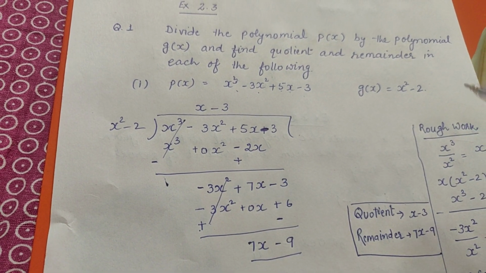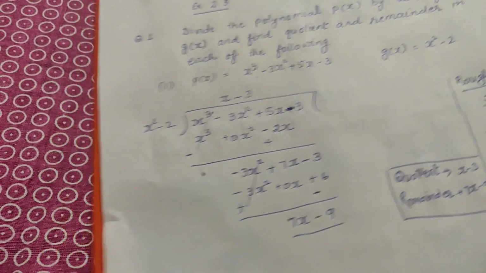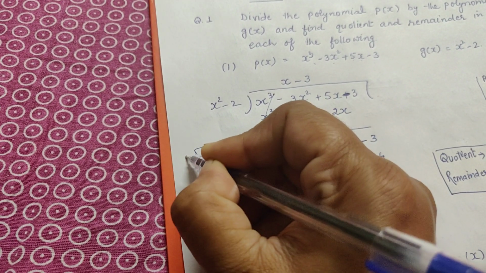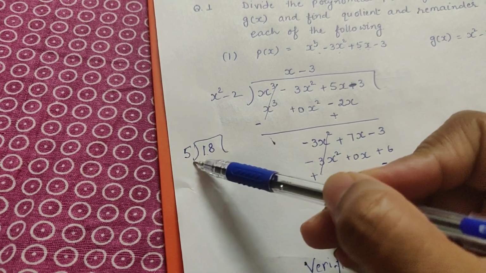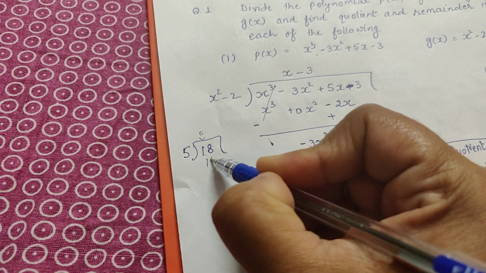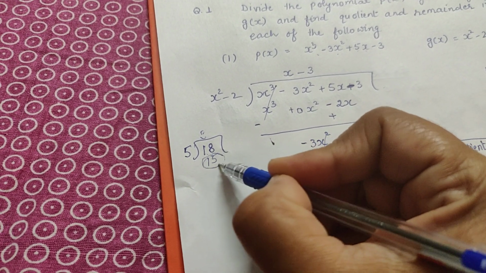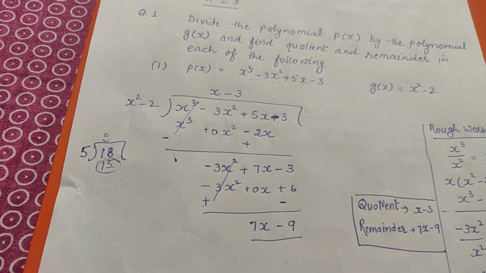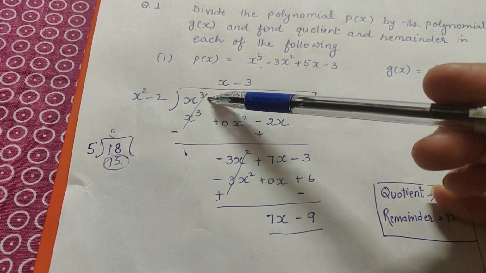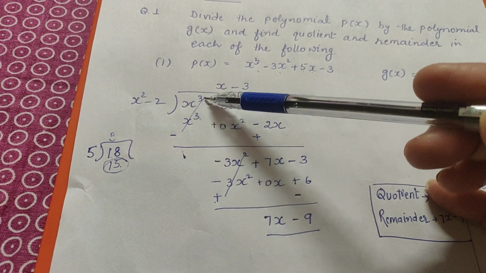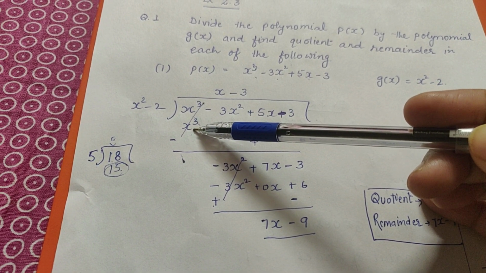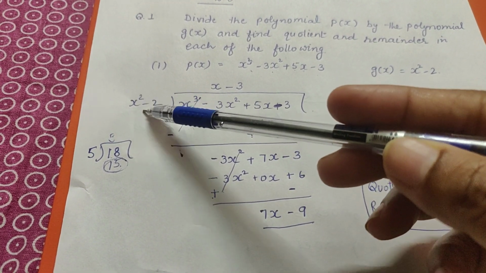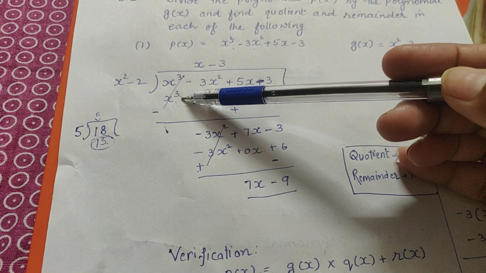Now when we divide normally, for example, we are dividing 18 by 5, we start the table of 5. We say 5 threes are 15. So it is not necessary to get 18 here. But when you are dividing polynomials, you have to see to this that the same first term you have to obtain here. X cube, you have to get x cube here. Now what is the procedure? You have to think with what number x square should be multiplied so that we can get x cube here.